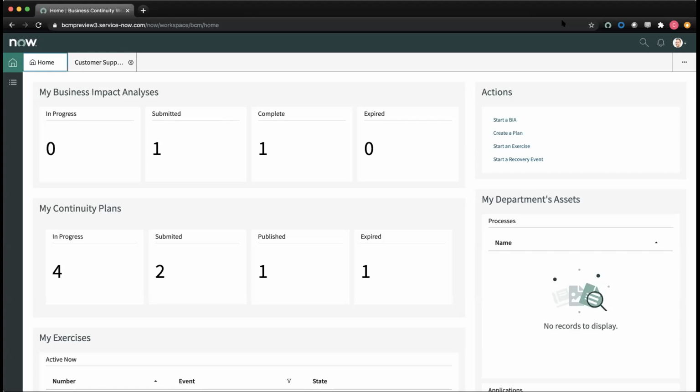So we really want any user to be able to access this workspace, be able to quickly see what they're assigned to, and then access those records and complete the activities that they need to complete. So what you're looking at here is what we refer to as our landing page. This is really the main entry point for our business continuity or our risk or DR managers,